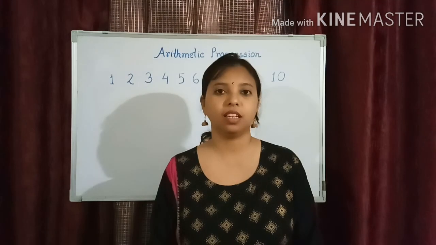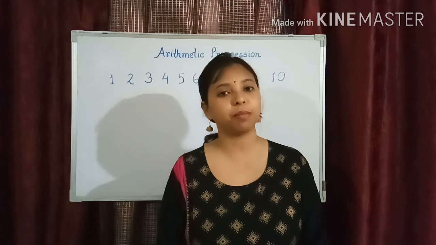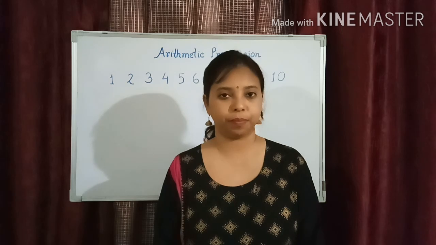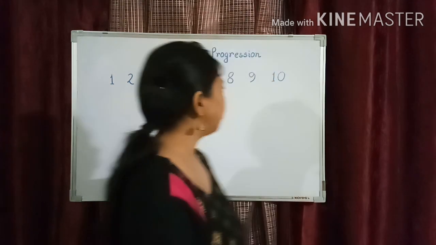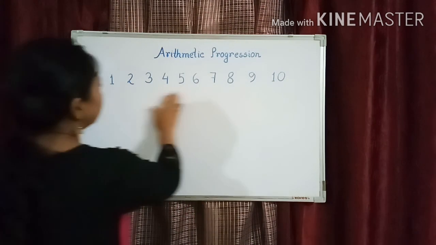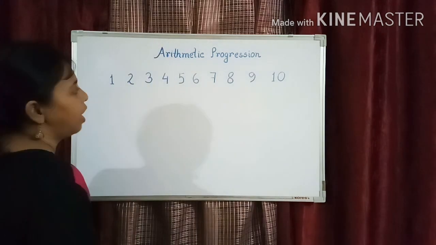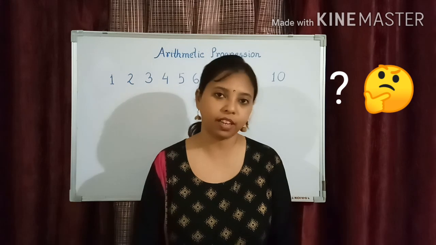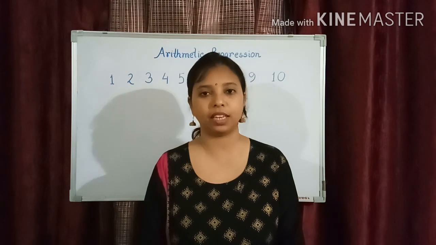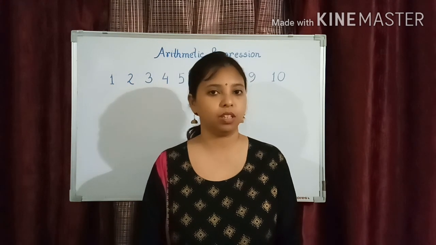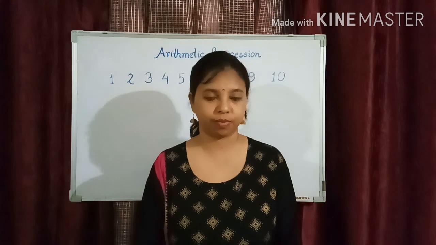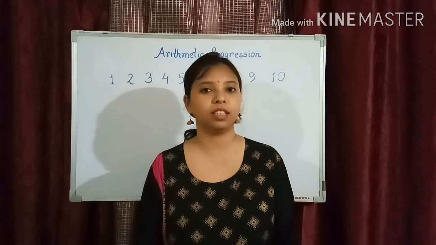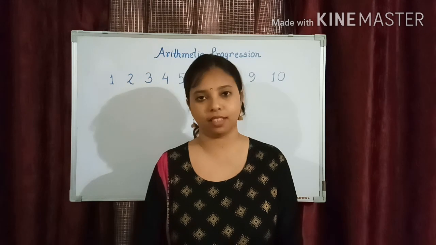Before deriving the formula of the sum of n terms of the arithmetic progression, let's take one small example. Here I have one series from 1 to 10 and someone asked me to add them up to 10. It is a very easy series, we can add it very quickly. But then also I don't want to do it that way. So one process is there. With that process I can find out the sum of that series.